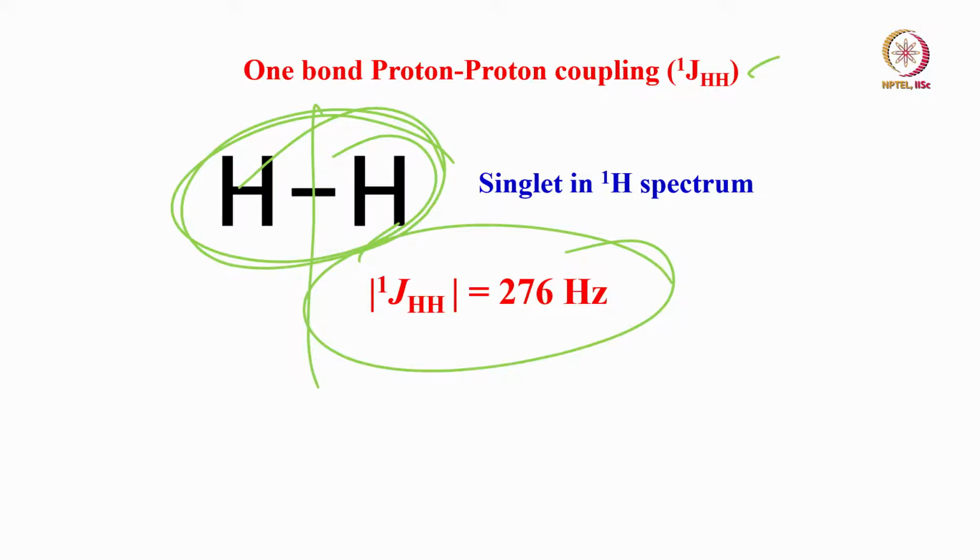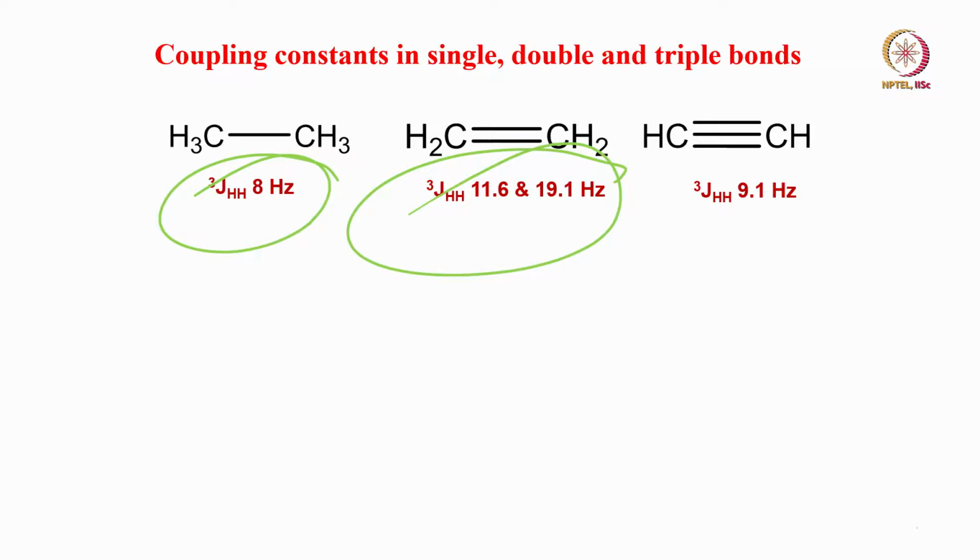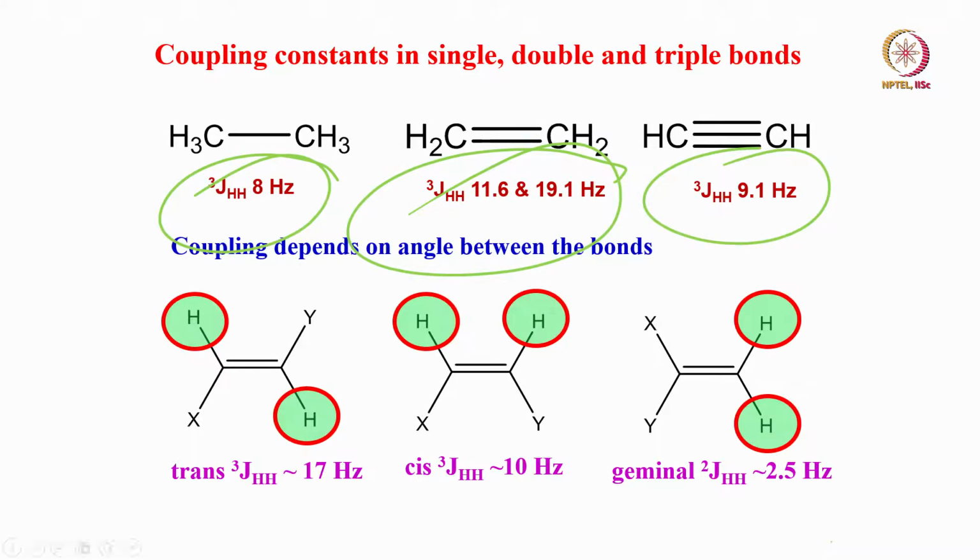In the previous course this was discussed at length. Remember we have a coupling here, one-bond coupling is very large in the case of protons. Then most of the time you come across two-bond and three-bond couplings like this. See, one-bond coupling in molecules like this will be 8 Hertz, and two-bond will be of the order of 10 to 12, 20 Hertz, and three-bond is of this order in case of triplets, a triple bond.